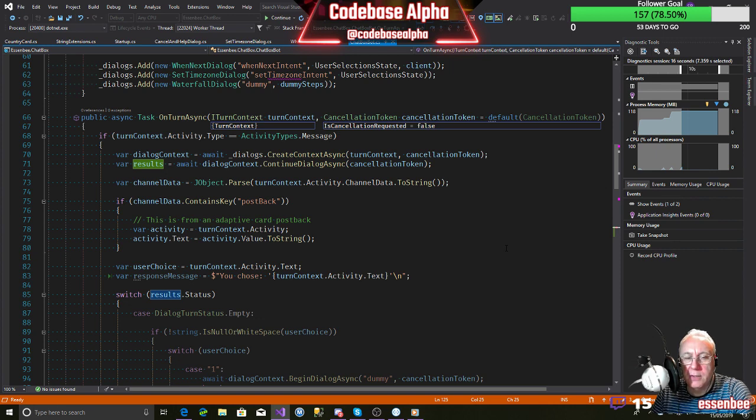It's because it detected a postback, and whatever was in activity.txt got overwritten with the JSON from the postback. That's why it works.